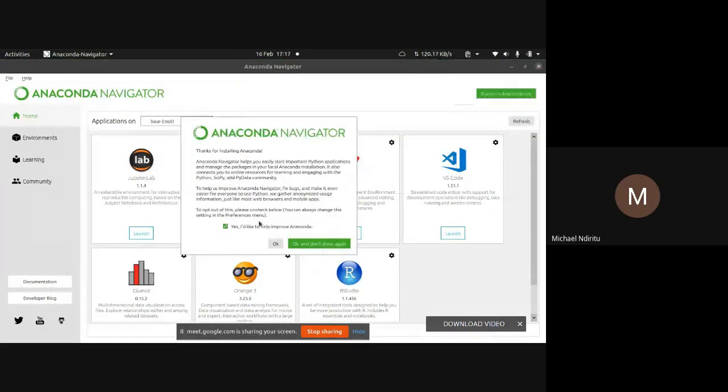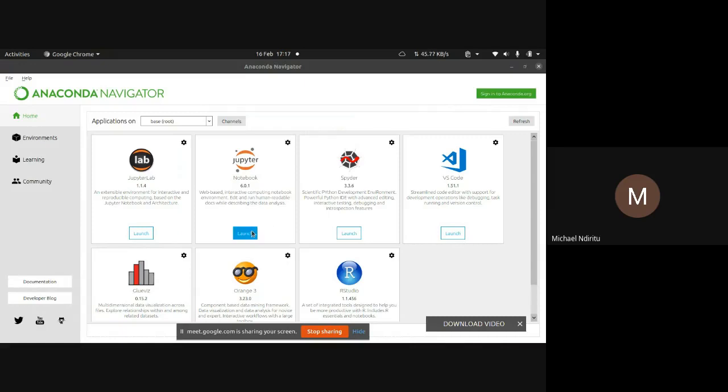Okay, as you can see, I've opened mine. Has everybody opened Jupyter Notebooks?